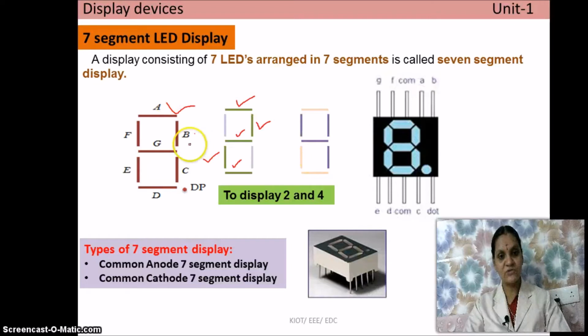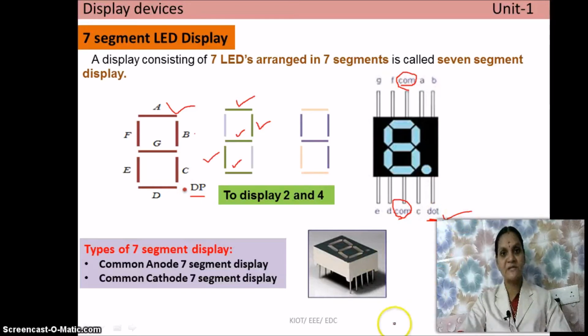So like that for other numerals you need to turn on the respective segments. So this is an LED display. This is the pin diagram of the LED display. So totally we have 8 segments. In that, this is a 10 pin device in which the segments are represented here. So this pin is segment A, this pin is segment B, like that. And this COM is nothing but the common terminal. And this is dot. Here DP stands for decimal pointer, whereas here it is represented as dot.